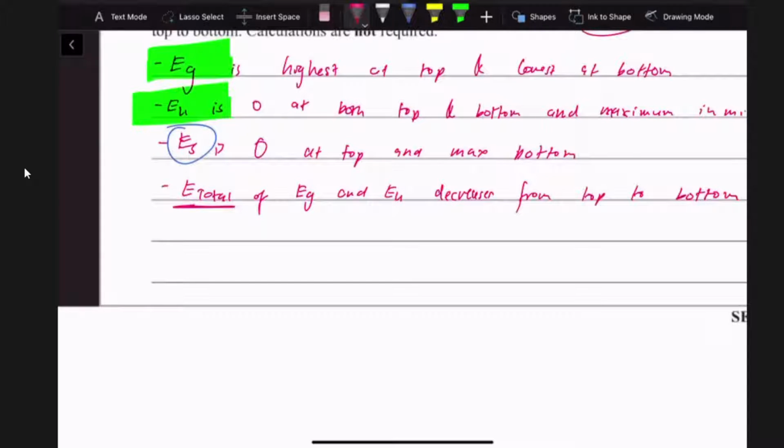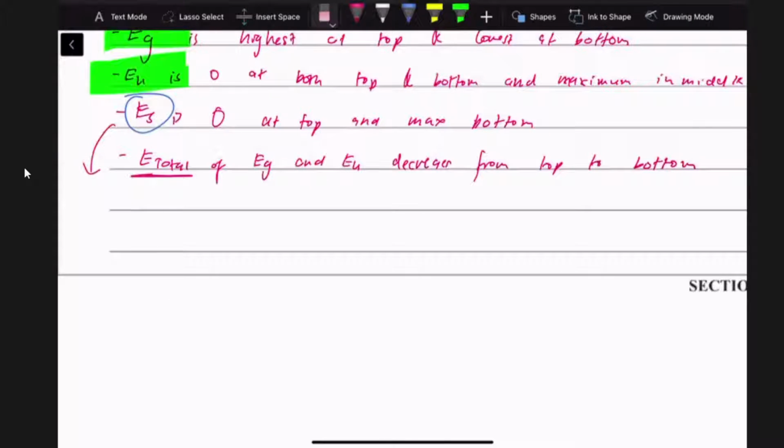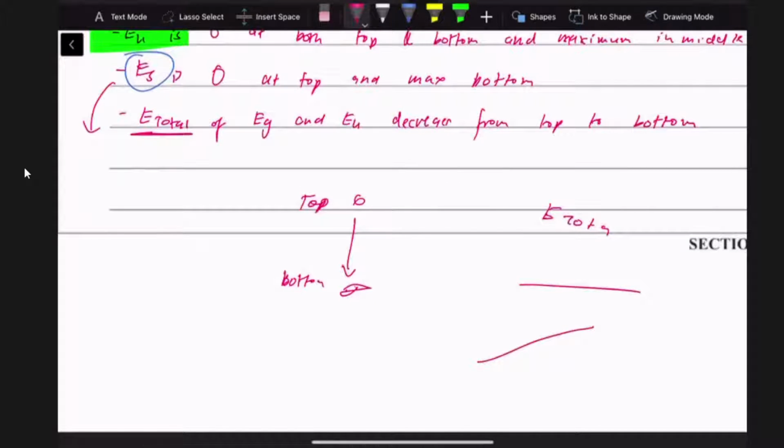So E total does change, and if you're confused about whether it decreases or increases, consider that Es, which is the one that is missing, goes from 0 at the top to a high number at the bottom. I'll just call it infinity. It's not actually infinity, but I'm just trying to demonstrate that it goes to a high number. So if the total energy is kept constant and Es is increasing,